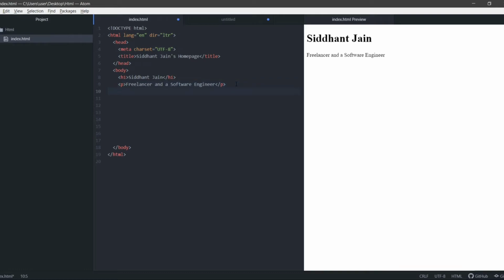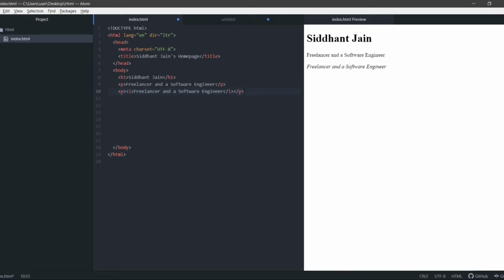First thing I'll do is add a p tag again. This time, first I want to convert my text into italics, so I'll use the i tag, which stands for italic. I'll close this i tag, and inside this i tag I'll paste this sentence. Now you can see that this text is converted to italics. It is not normal now.